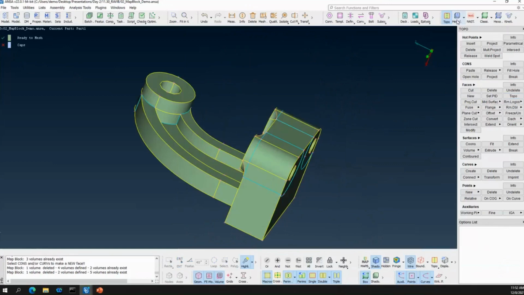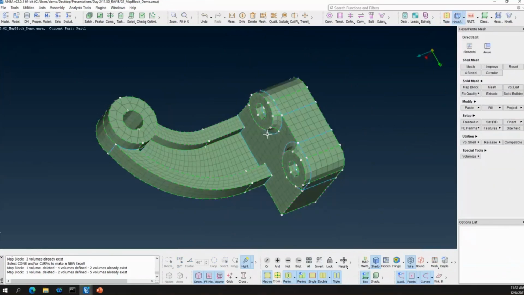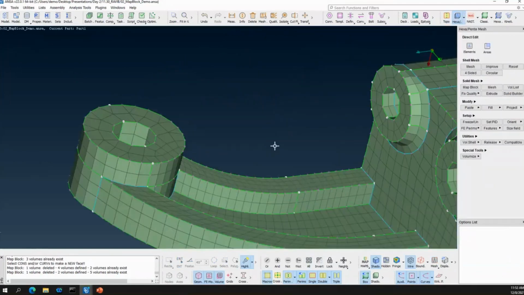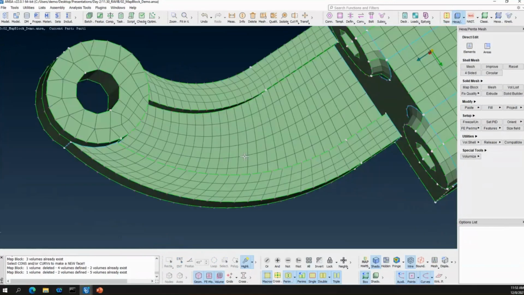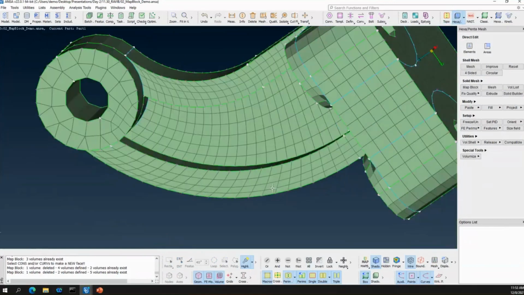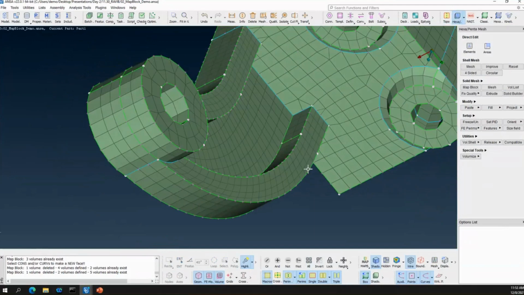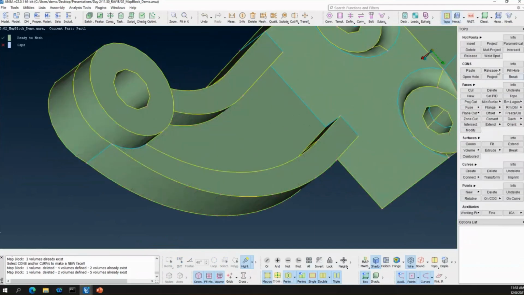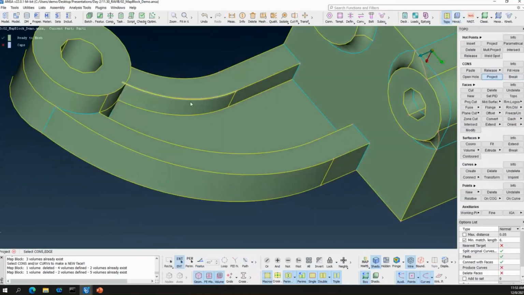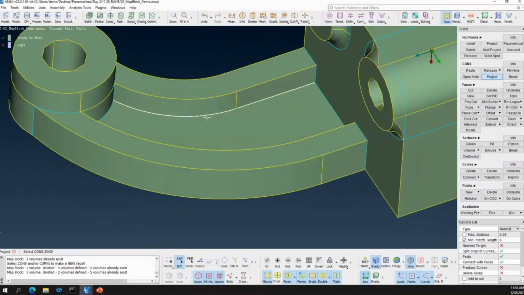Now we'll check the mesh flow of this component. As you can see, in some areas the mesh flow is not so good. So I believe this needs some more simplification. So I'll go back to my topo, go to the project and try to decompose this further by creating blocks of areas in this region.